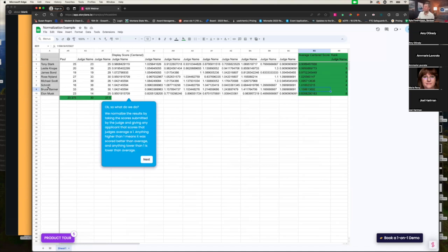You got Bruce Banner here, who is our number one ranked candidate with a score of a 1.15, which means that Bruce, on average, amongst all of the judges, scored 1.15 times higher than average, whereas Elon here scored a 0.83, almost 2/10 of a point lower than average. So really powerful things to identify trends as well as actually use it to make informed decisions. Many of our clients are combining this with that dashboard that I showed you to make kind of their own results and deliberate about the results themselves.